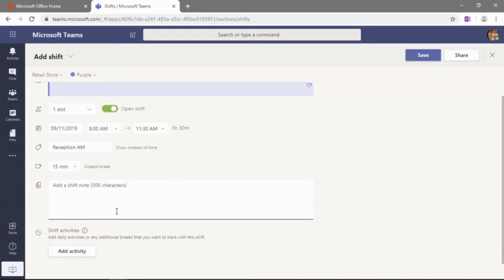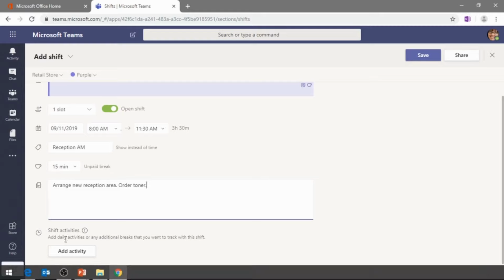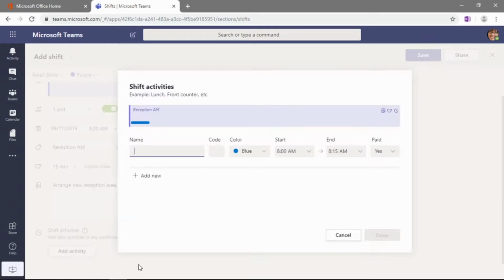And then again, here is the spot for managers to leave shift notes. For anybody that picks this shift up, they may see different instructions here for the person. We can even go as far as adding activities. If you want to specifically designate time to do certain tasks, you can go ahead and do those here, and